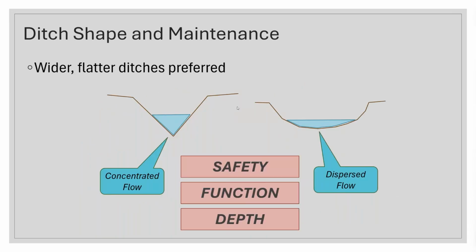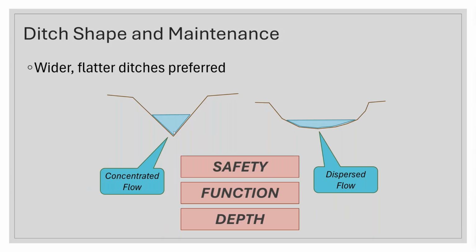Ditch shape can make a big difference. A lot of times to form a ditch, especially along a county road, you'll see where what they've actually done is taken a grader and they twist the blade and tilt it out to the edge, and they just run that blade along the edge. And the edge of the blade is a 90-degree angle, but it's tilted enough that we have this nice little triangle shape. And at the bottom of that ditch is very, very concentrated flow. So it's going down to that point of the triangle.